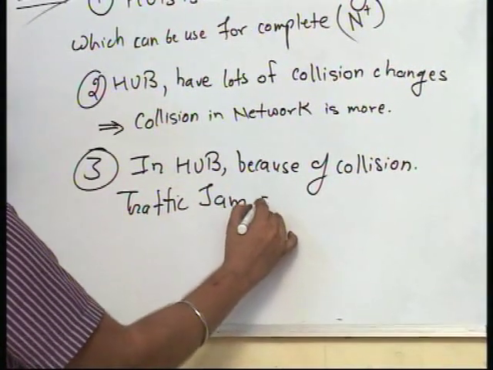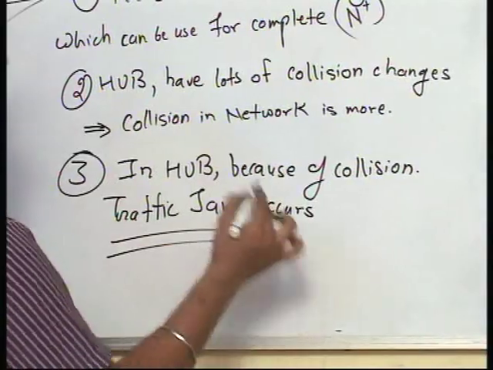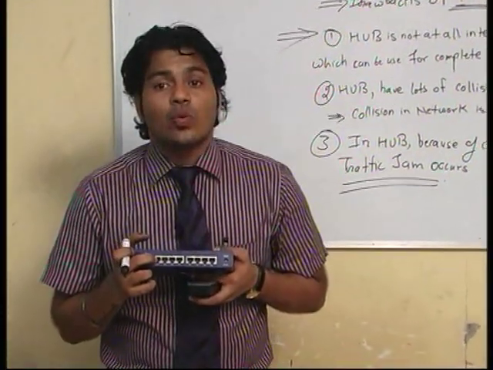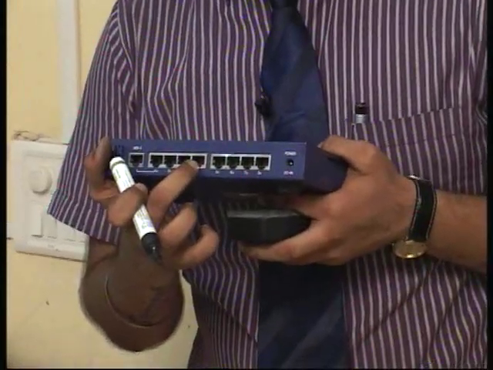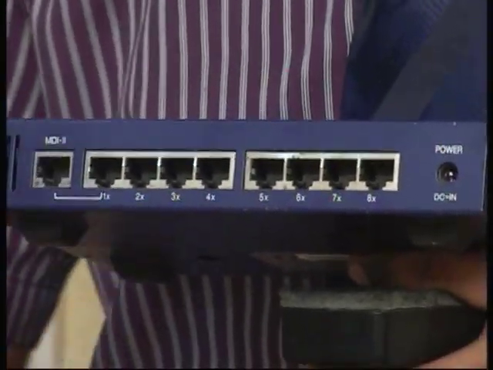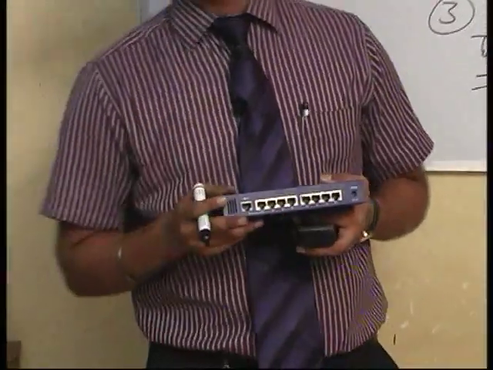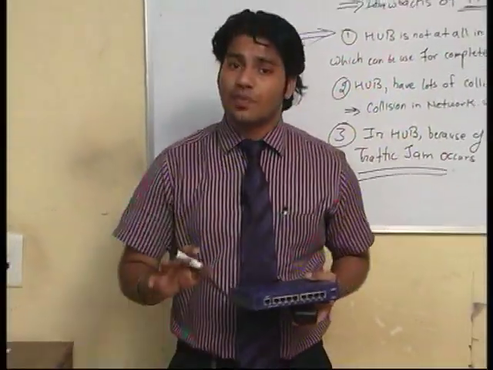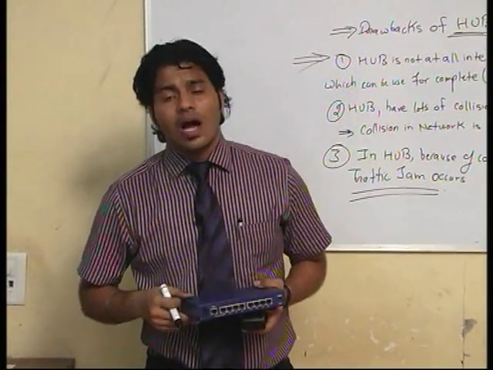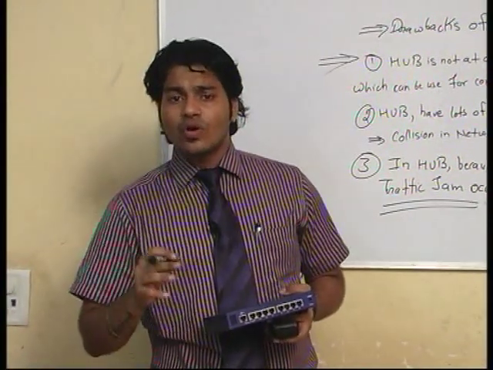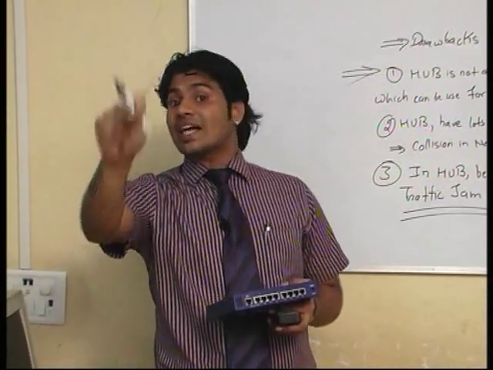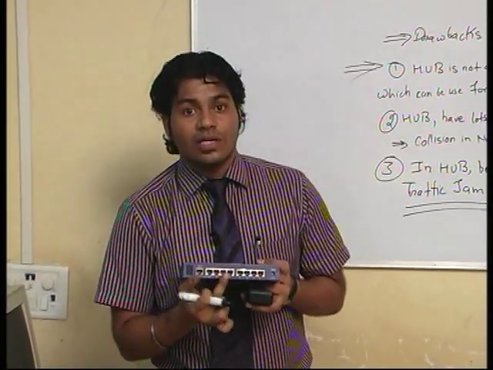traffic jam occurs. What is the meaning of traffic jam? For example, these all are the ports. Okay, PC number 1 wants to have communication with PC number 4, but at the same time PC number 8 came in between. So what happened? Accident occurs. Live example, I am running a bike at a speed of 120 kilometers per hour. After some time an accident occurs on the same road. So what will happen? I have to decrease the speed of my bike. If I do not decrease my speed, indirectly I will collide with that traffic. So because of that accident, indirectly because of that collision, traffic will occur in